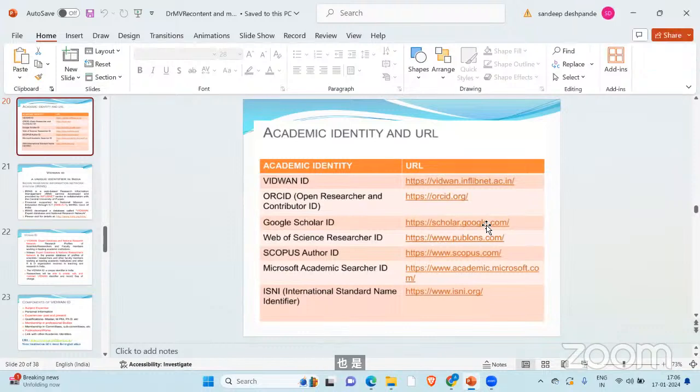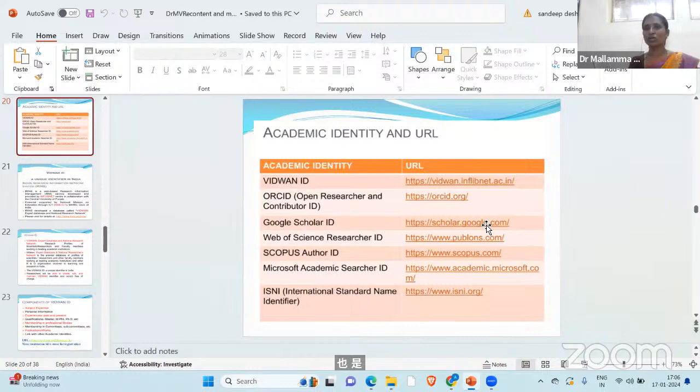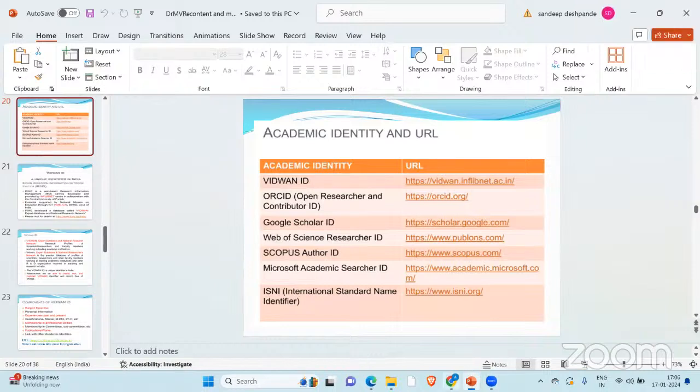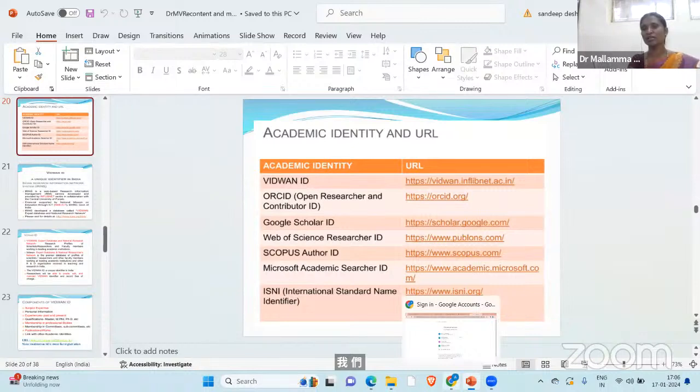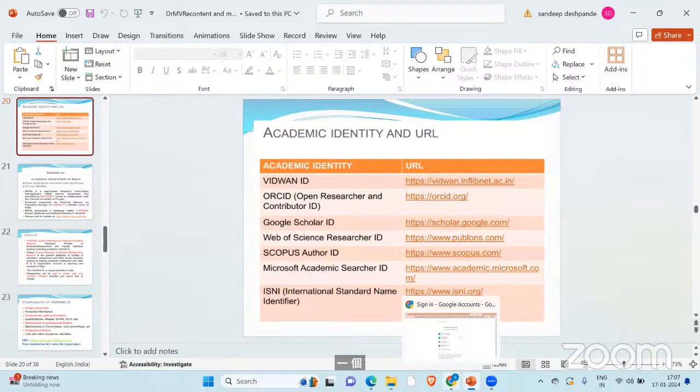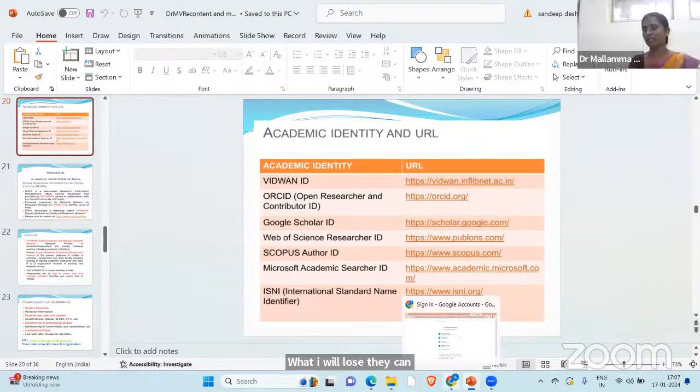Okay. For ORCID, go to orcid.org. For Scholar, I am showing Publons. I will show one by one. But at the same time, the same process is there, so go and create. Others, I'm requesting you to create. One who has completed Google Scholar, are you going to continue with Google Scholar? I will continue. One who already has a Google Scholar ID is waiting, no? So for them, what I will do is they can create their ORCID ID. They can do the Web of Science ID. Others, one who has that, kindly proceed with the other IDs, and I will continue with the Google Scholar. Any doubt? No, no.